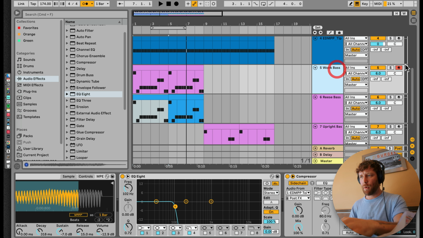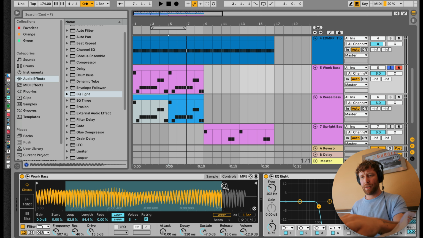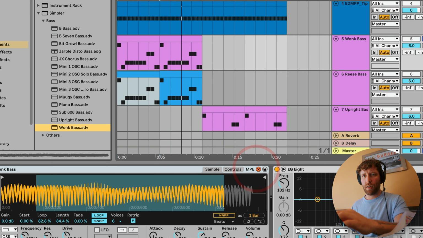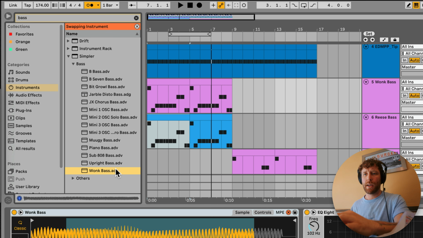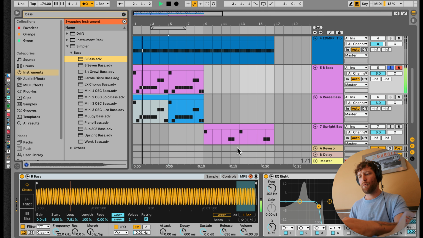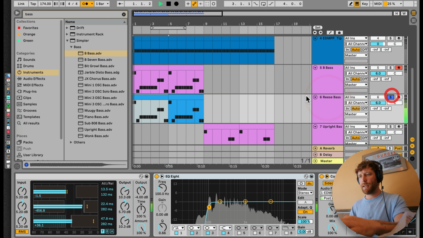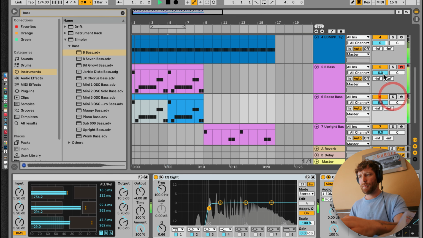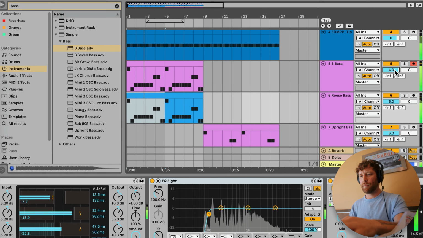just sub bass. So if we wanted to make this more precise and really fill out that low end perfectly, we could switch this out for an instrument under Simpler. We could go for something like B bass. B bass is really, really nice low end. It's probably the best sub bass in Ableton. And then we have our Reese bass here. And what's nice is now